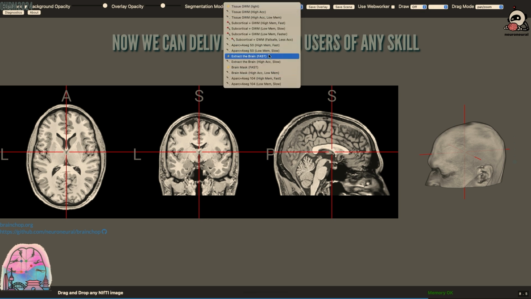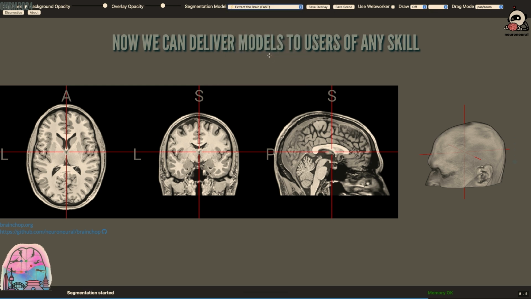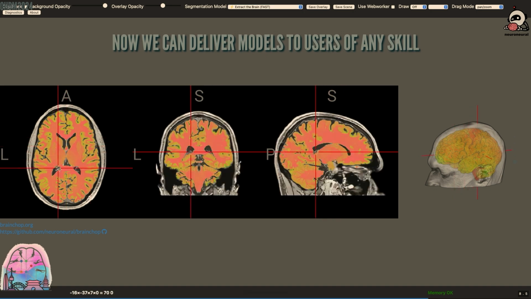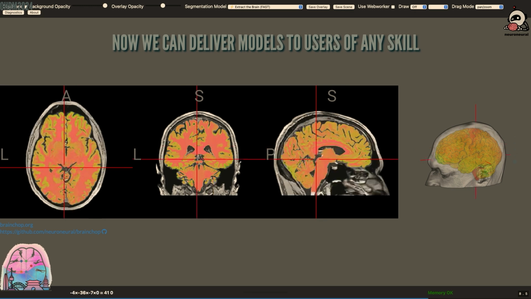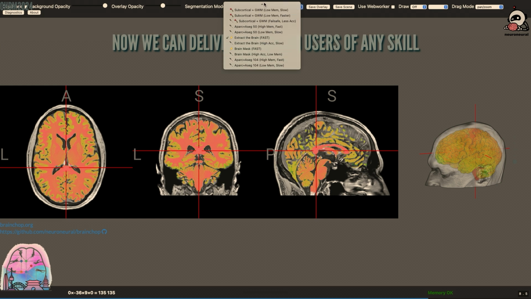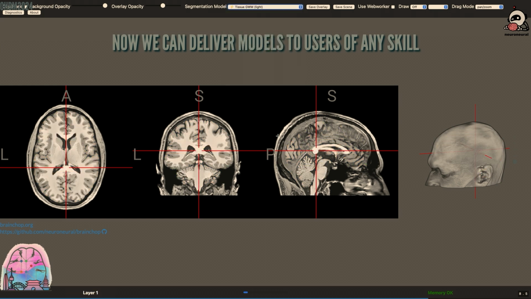Some simple model. This is running right now on this laptop, and it loaded as I opened the site. The model is in the laptop, and okay, we run this brain extraction model. I have many other models, but no time. I have a tissue segmentation model. It's also